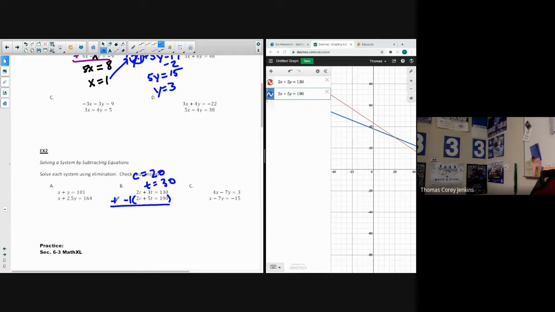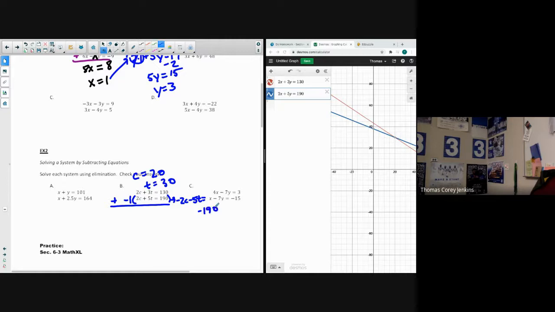So I'm going to do plus -1 times that equation. So all that does is it flips all the signs, okay? So basically, you need to ultimately probably be able to see this in your head, but it turns this equation into -2c minus 5t equals